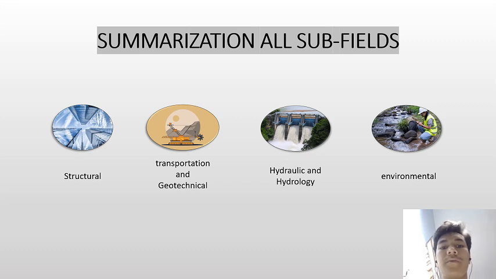So we will discuss the summaries of the subfields, starting with the structural one, which is summary number 1, K1S1. We discuss Merdeka 118. We discuss structural analysis, design, highlight design, materials, and specialization. Number 2, summary assignment 2, K1S1, transportation and geotechnical. We discuss the issues civil engineers face, the factors of it, real cases of it, and prevention of it.